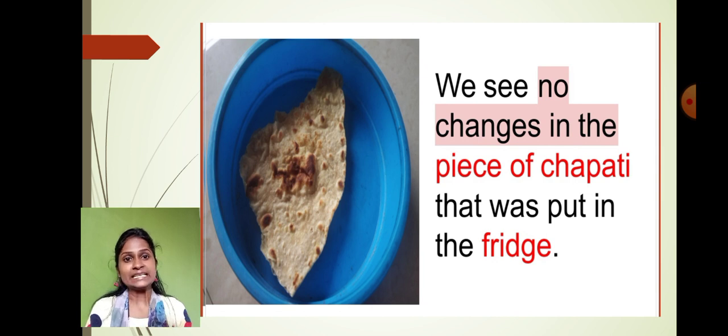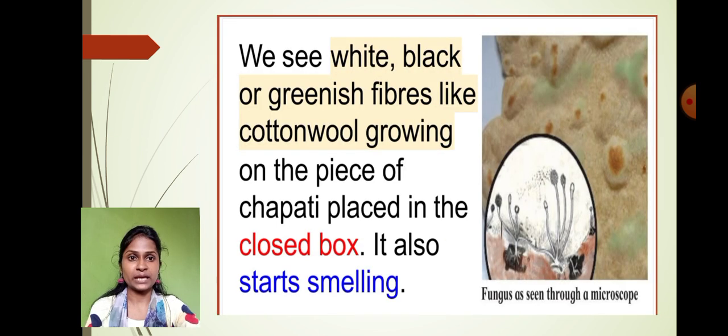So that means it is proved that even to preserve the food material, cool condition is required. Now let's see the third piece of chapati which we kept in the tiffin box. A piece of chapati which was not roasted, which we haven't kept in the refrigerator, we kept in the closed tiffin box. After 3 and 4 days, we have observed that when we